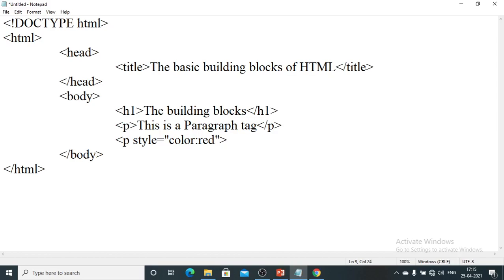I will write the description of this. The style is an attribute of the paragraph tag. Here I will close the paragraph.